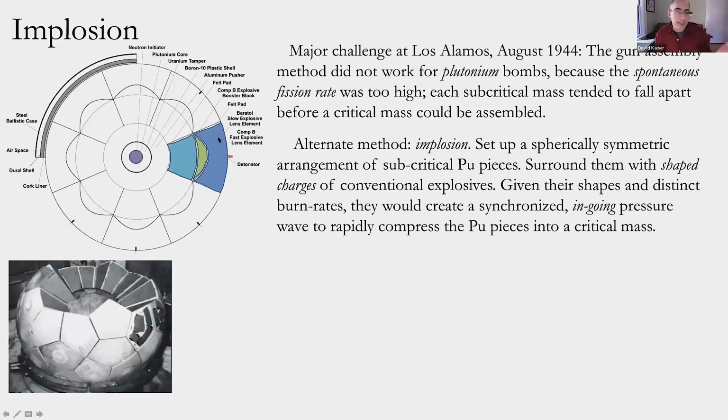So this kind of basically TNT, one kind of chemical explosive, would have a certain burn rate. You have a different burn rate here and a different burn rate here. So you could actually shape the ingoing wave into a spherically symmetric shock wave that goes in instead of going out. So you want, with very high precision, to induce an ingoing wave that will then crush the plutonium core